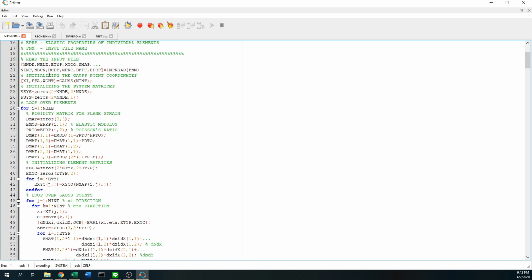In the morning time, we read the input file using this subroutine, and the subroutine brought in all the information about the number of nodes, number of element types, etc. I have done that a lot in the morning already. The thing is that I'm going to need to do some sort of modification